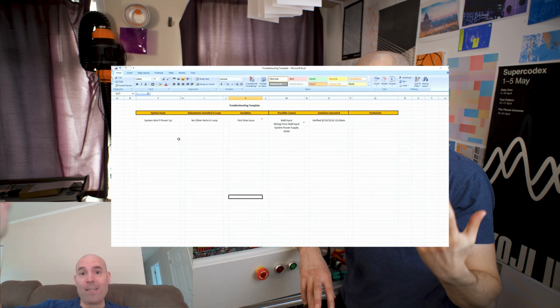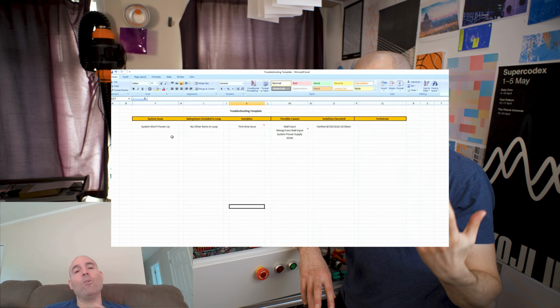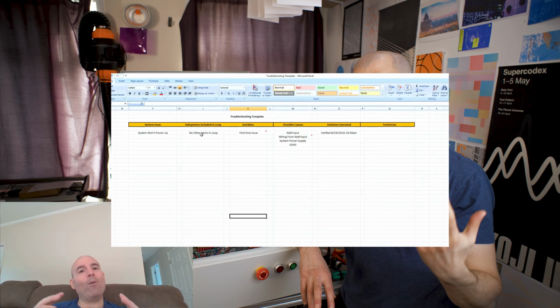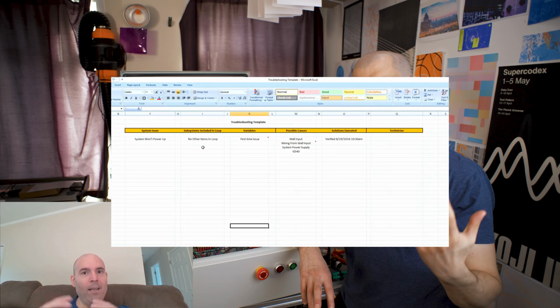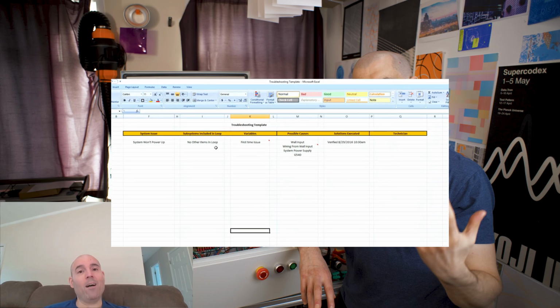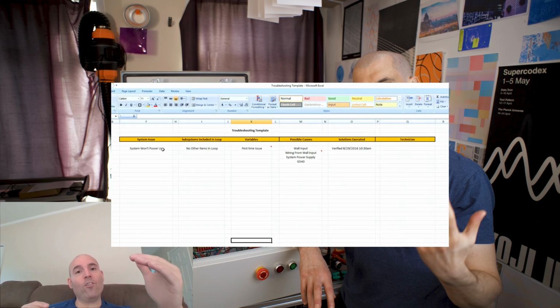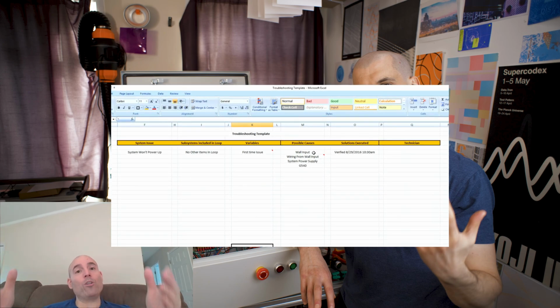Did it actually correct anything? Did it create more of a problem? And you keep going down that level with details until you've actually corrected the problem. Now, is this a fast process? It shouldn't be. It's got to be a detailed process. This is going to take time. This is going to take knowledge. And this is going to take persistence and consistency of accuracy of detailing all this stuff and also interpretation of